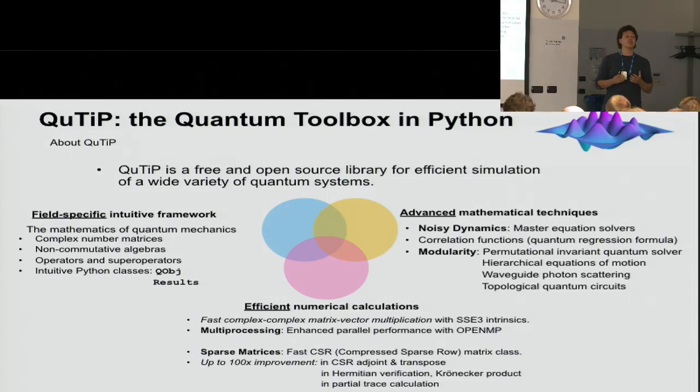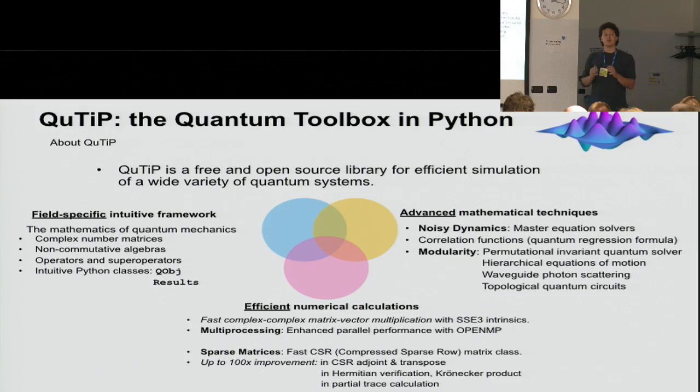Also, it implements non-commutative algebras, some underlying mathematical structures that are typical of quantum mechanics and that are used to describe measurements, interactions with different energies, and the evolution of quantum states. Moreover, there are some advanced mathematical techniques coming from quantum statistical theory and quantum optics that are implemented in QuTiP. So one can find very nice correlation functions, and instead of writing them from scratch, can really import them from Python.